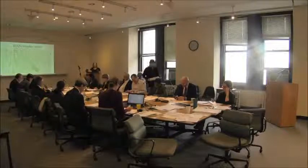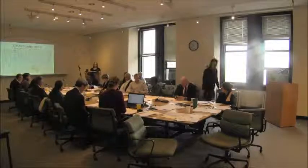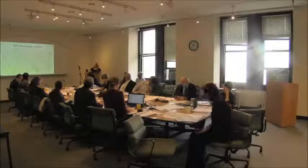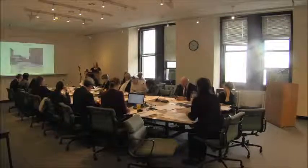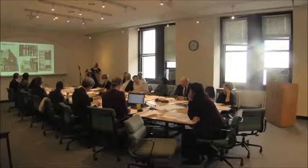Good afternoon, Commissioners. Happy Hurlbut, Preservation staff. Excuse me, it's still morning. So good morning, Commissioners. The application is to legalize alterations at 24-30 Christopher Street, which is located on the southeast corner here of Christopher Street and Waverly Place in the Greenwich Village Historic District. This is the building in 1907. You can see it very well. And these are some historic photos